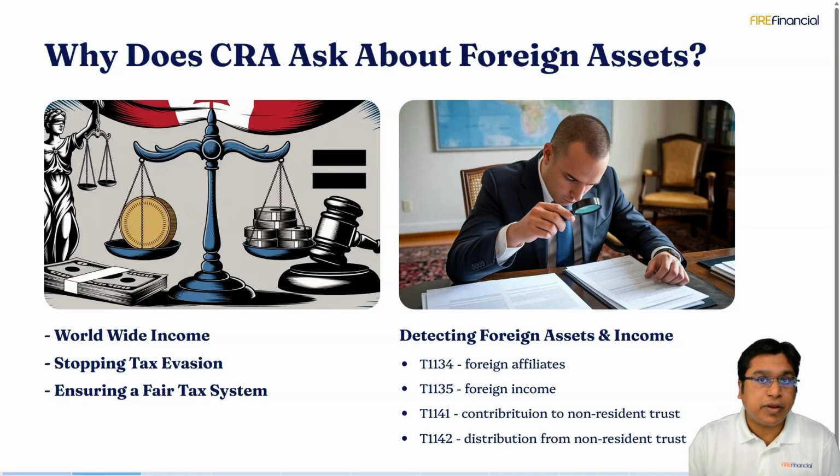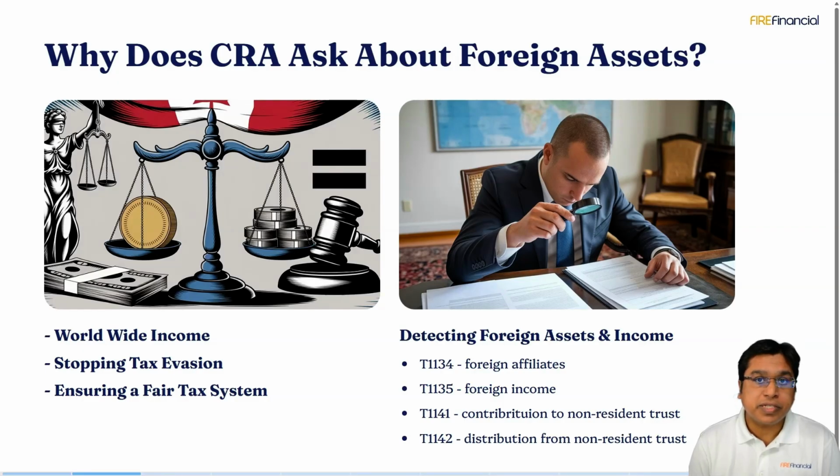But it becomes very challenging for CRA if the assets are located outside of Canada. For example, you might have a foreign rental property in Asia or any other foreign country, and CRA doesn't have any idea how much money you made on that rental income. It helps CRA to mitigate some tax evasion and make sure that all Canadian taxpayers are going through the same